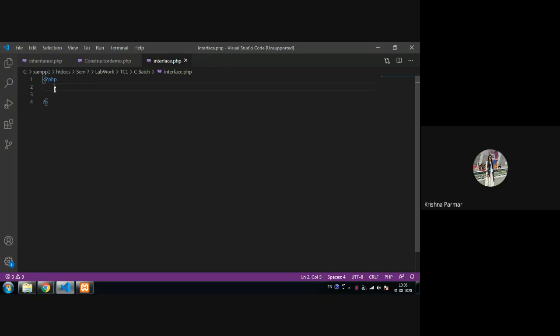Okay, so there is a difference between the abstract class and the interface. In abstract class, all the methods are not abstract. You can put non-abstract methods also. But in interface, all the methods are abstract. Now, whenever you hear this abstract word, it means you only declare it, there is no code or no implementation part. Are you getting my point?